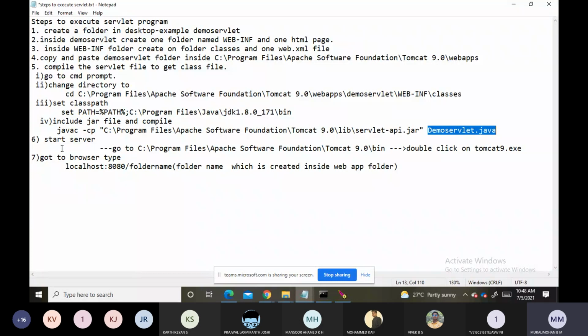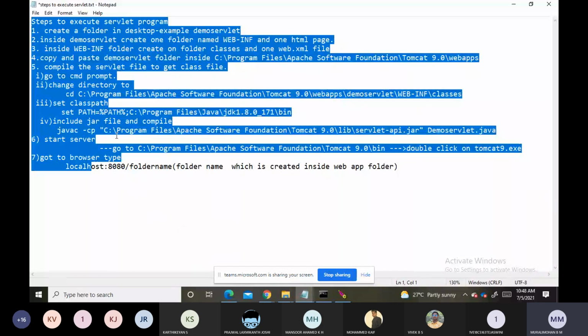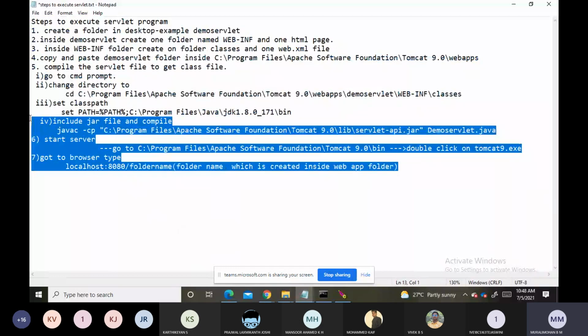Next, we start the server by going to Apache Software Foundation, Tomcat 9.0, and double clicking Tomcat 9.exe, so it starts running. Then go to the browser and type localhost 8080 so that the server responds. After that, specify the folder name which you created inside the webapps folder. This is the procedure we should follow to execute a servlet program.